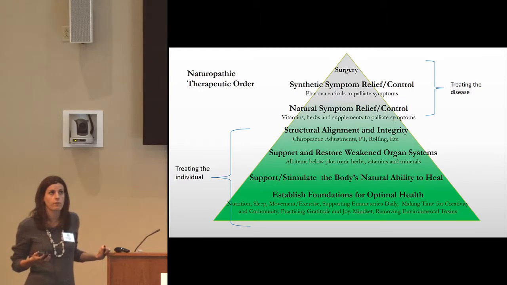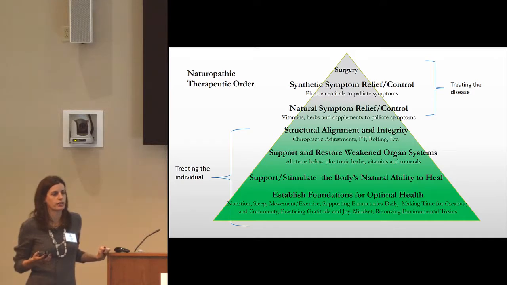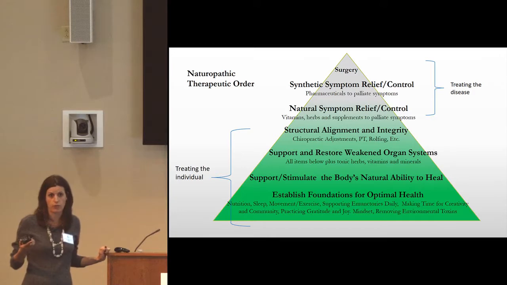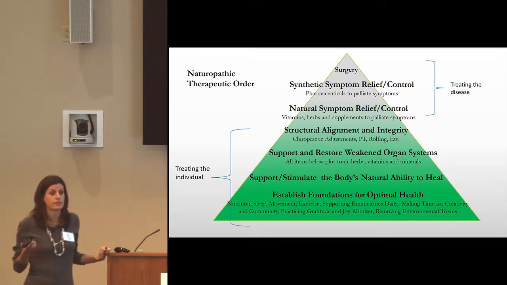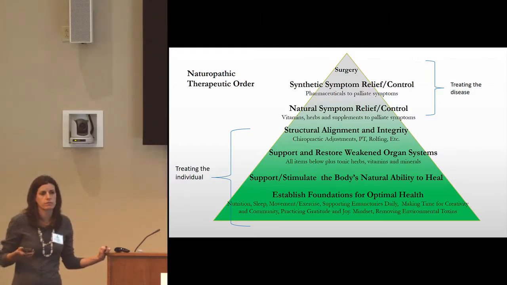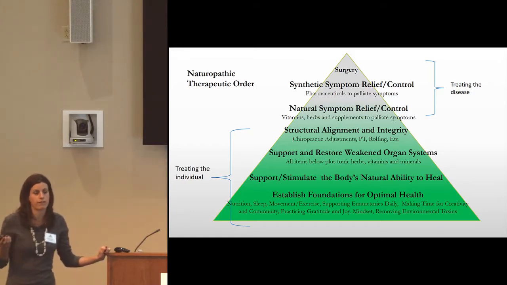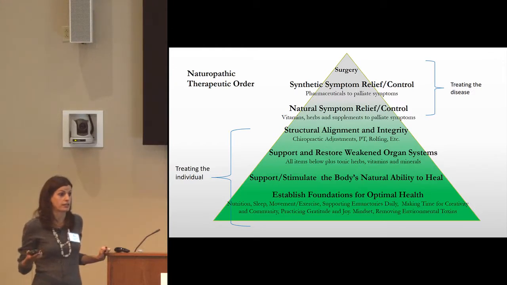So about 17 months ago, I started treating a young woman, 30 years old when we started working together. She had been diagnosed 2 years prior with Hashimoto's disease, which is autoimmune hypothyroid, so an underfunctioning thyroid. At the time she was diagnosed, she was asymptomatic. They had just run screening blood work on her and found out that her thyroid was off, ran antibodies, and found out that they were positive.